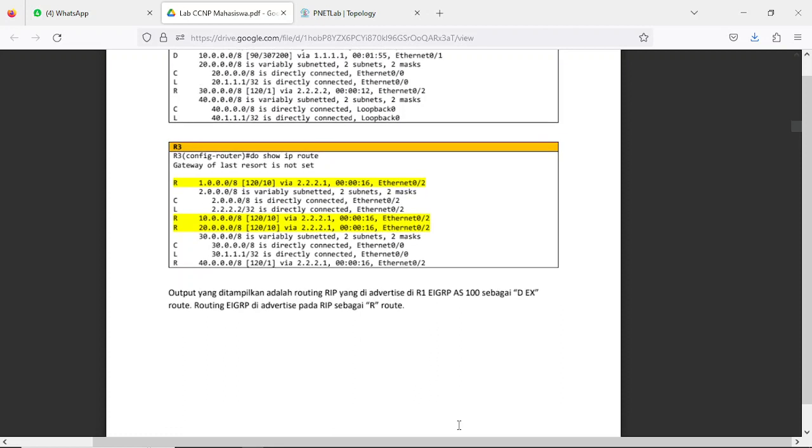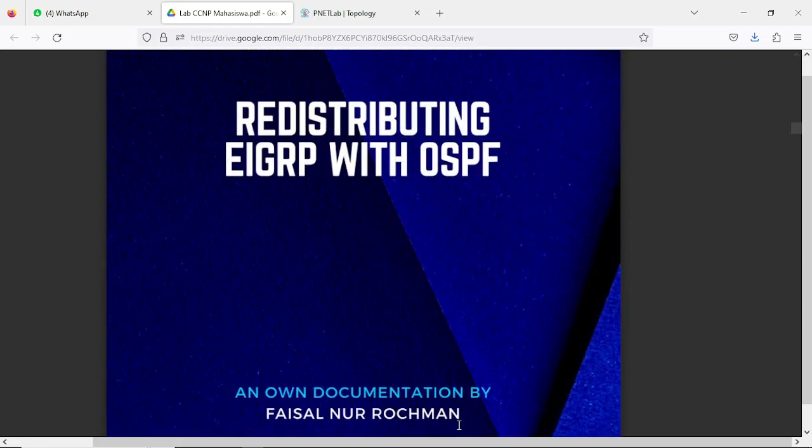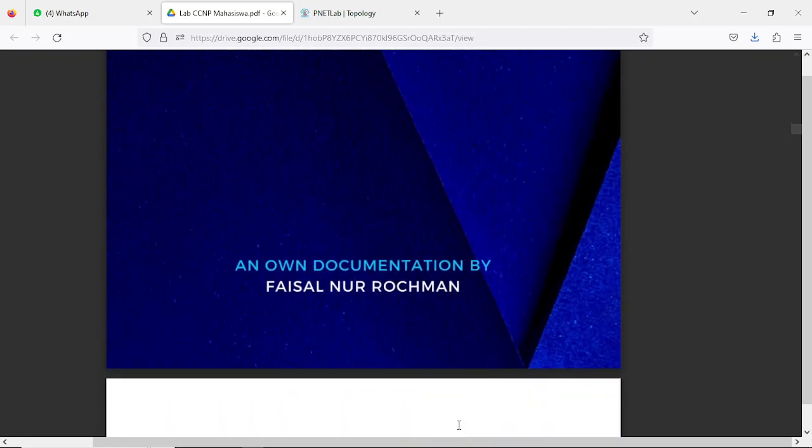Like that router, just like that. Redistributing EIGRP with OSPF. All right,